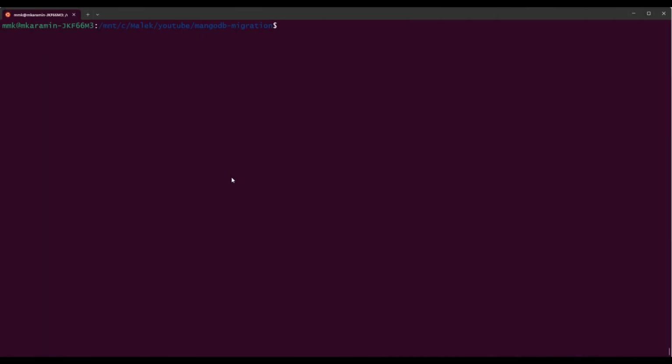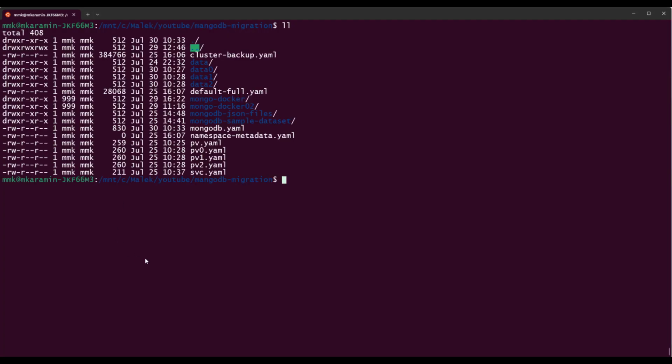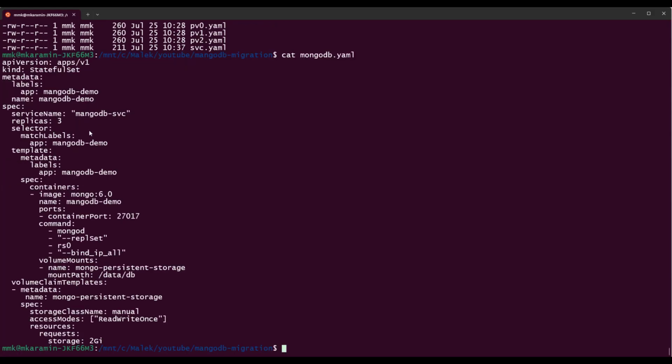Based on our discussion, I have prepared some manifests to deploy MongoDB on a Kubernetes cluster. Here you see the list of files I have created. At first, let's have a look at the MongoDB StatefulSet configuration. Cat this file. As we discussed, you see here, we will create 3 replicas from this image,